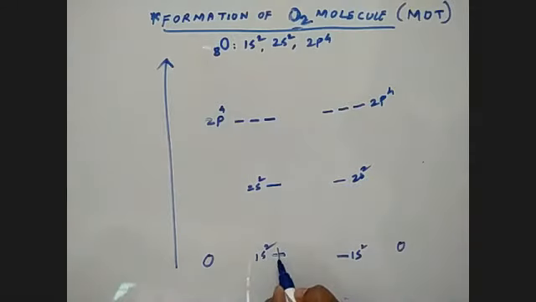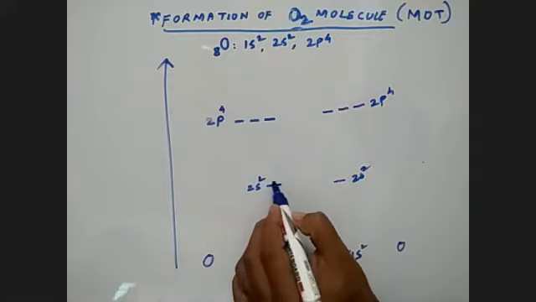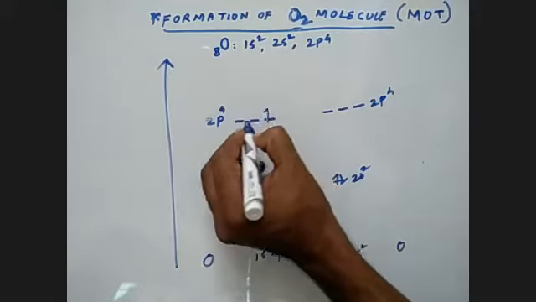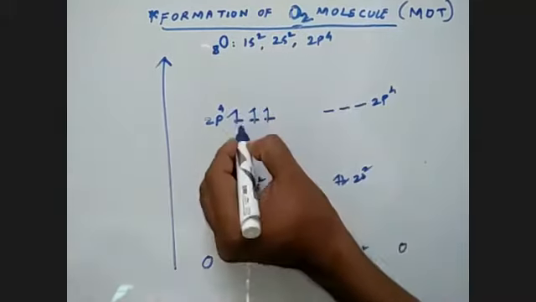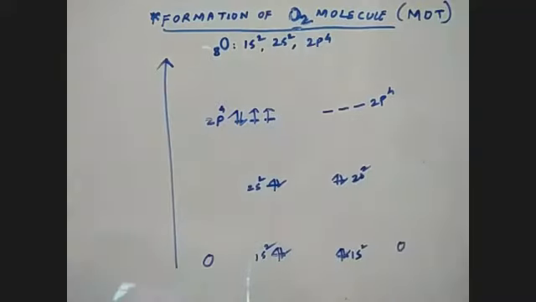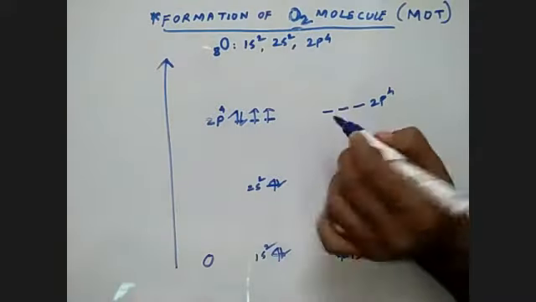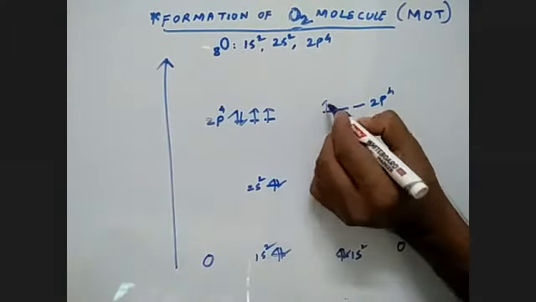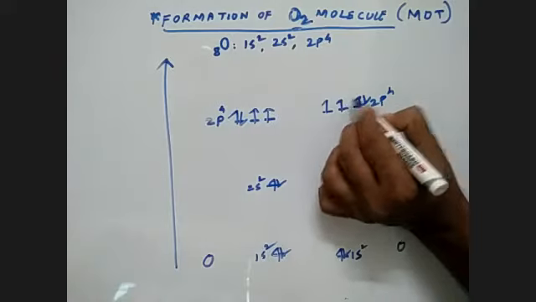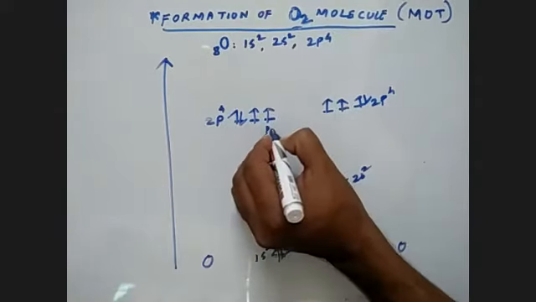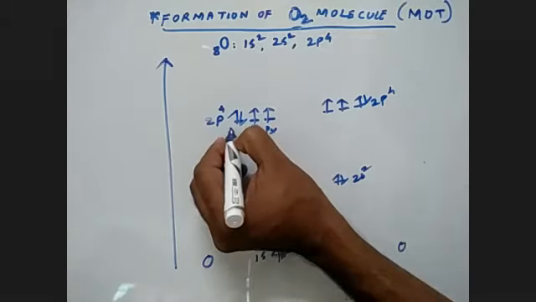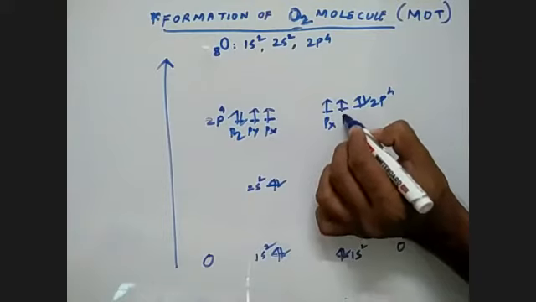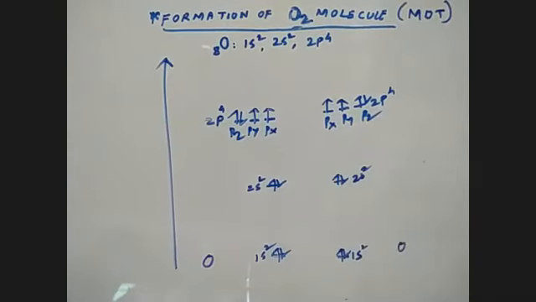How many are here? 2 electrons, 2 electrons, 2 electrons, 2 electrons. See here, how we can fill: 1, 2, 3, and the fourth one will be here. No problem, we can put 2 electrons here also, there is no issue. Here also 1, 2, 3, 4. So suppose px, py, pz. Similarly, go right, left, right, px, py, pz now.